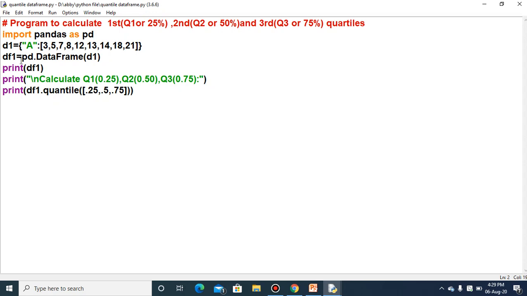Clear? So df1 is the name of the data frame, and with the help of a dictionary the data frame is created. I have taken the output for that, and calculate Q1, which is 0.25. First quartile, Q1, 25% or 0.25, same meaning. Q2 or second quartile or 50% or 0.50.